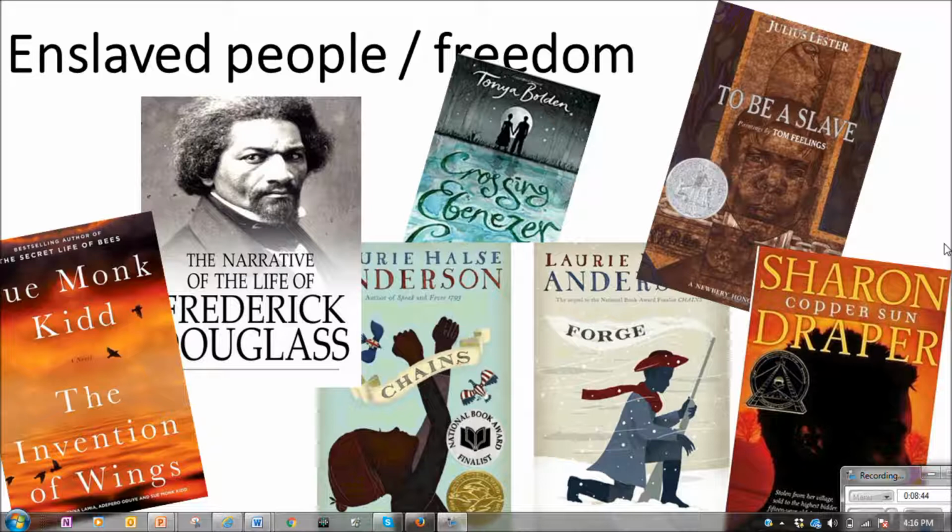There's a cluster of books about people who are enslaved. The Invention of Wings is an adult book, not a young adult novel. It was on the Oprah Book Club selection at one point. It's the story of Sarah and Angelina Grimke, who were born to slave-holding parents in Charleston and became abolitionists. And it's the story of their relationship with Hetty, nicknamed Handful, who was given to Sarah by her parents as a birthday present on her 11th birthday, and they had a very complicated relationship over the years as Sarah became